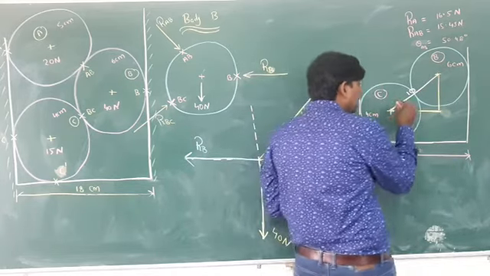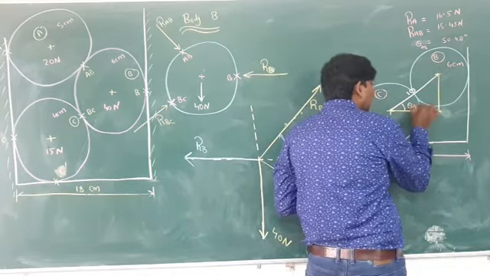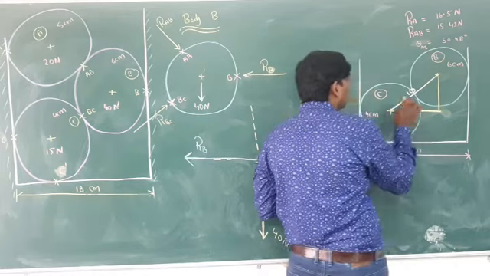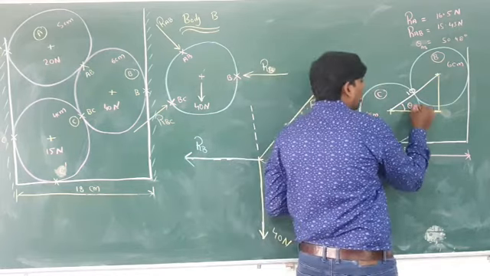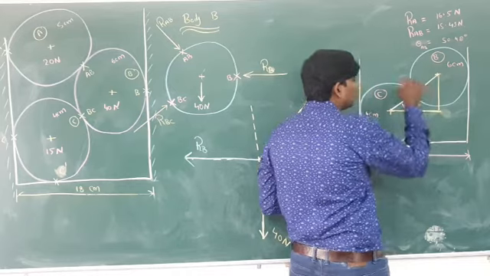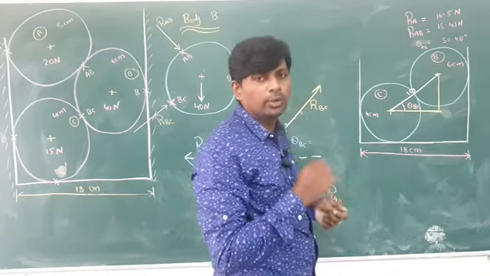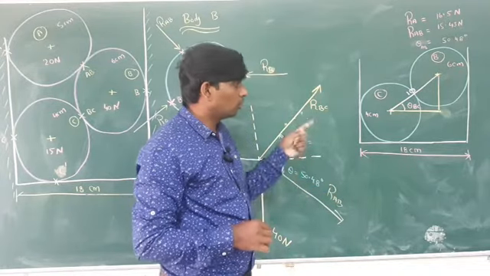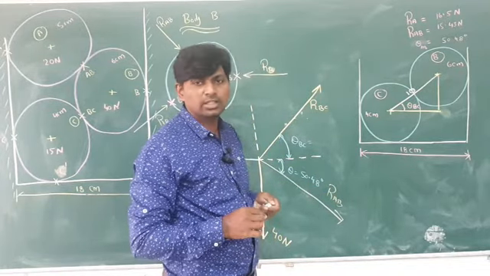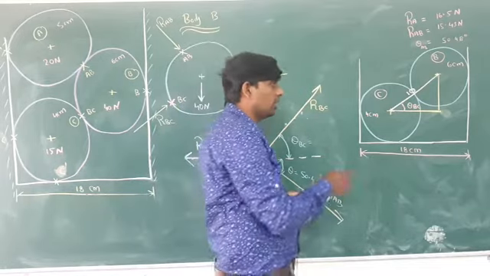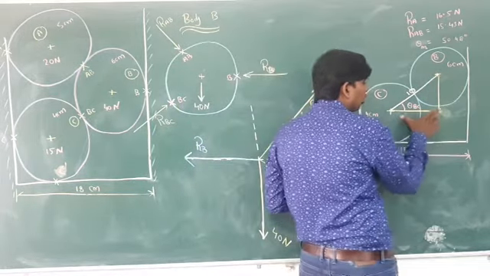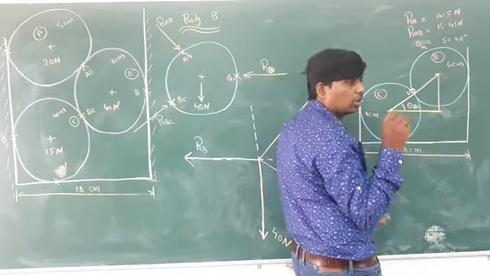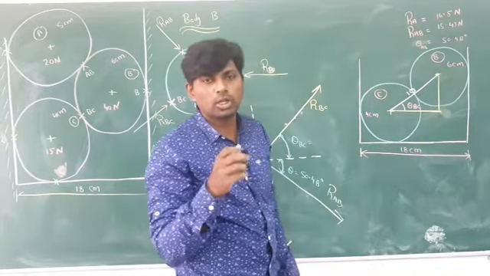This theta you have to find out. This theta is known as angle of BNC. So what you have to do, this theta you have to find out. For finding this theta, first you have to find out any of the side. Either you can find out this side or this side. Whichever data is available according to your data, you have to find out any of the side.